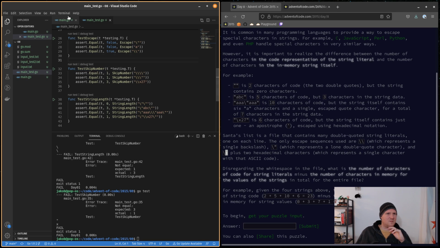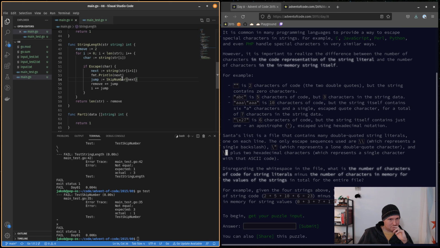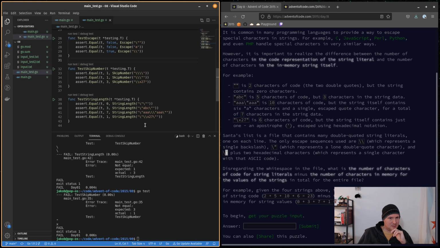Line 35 is wrong. It's saying that the next character after